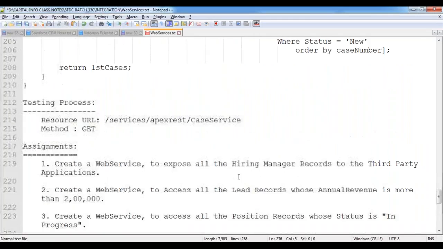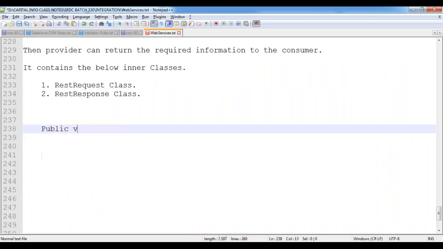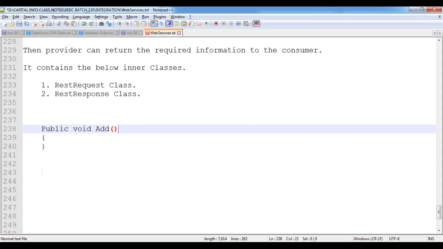So generally, we're preparing some procedures. For example, public void some add. Now tell me, can I pass some parameters to my procedure or not? Yes. How? We can have some parameters here: integer some x, integer some y. Like that here, if you want to pass some parameter to the web service, then we can use